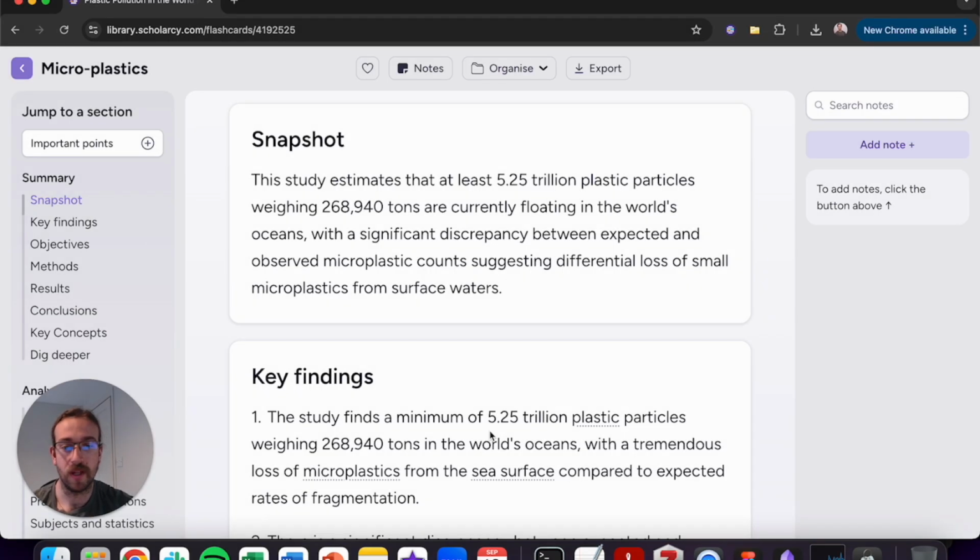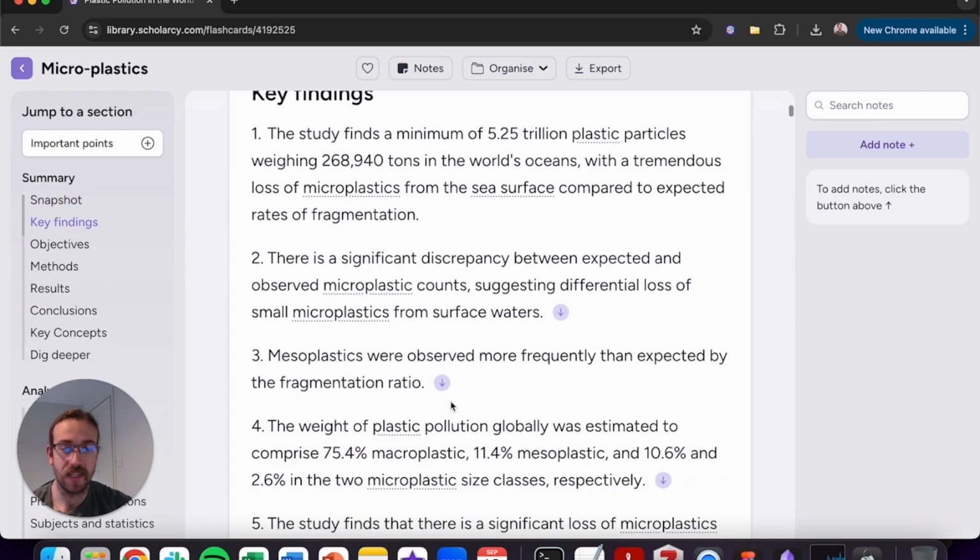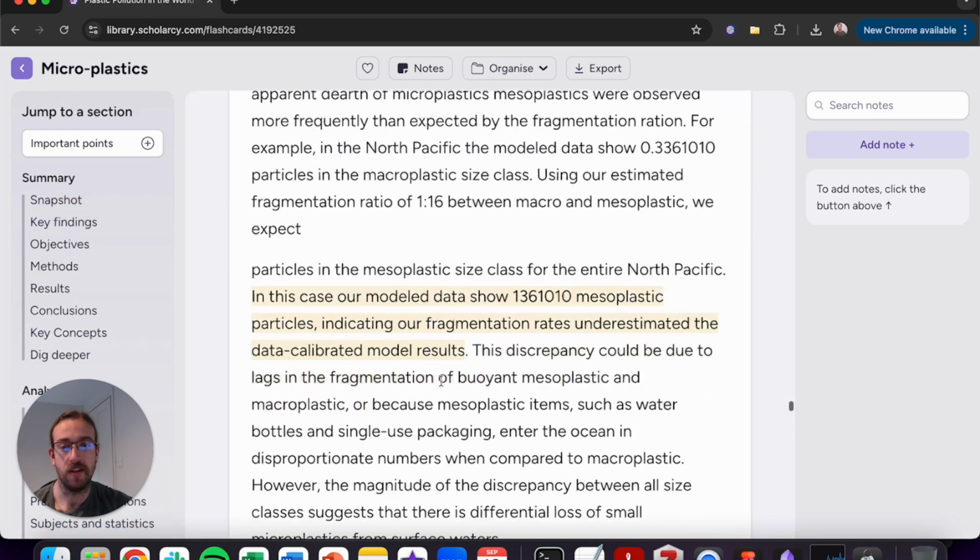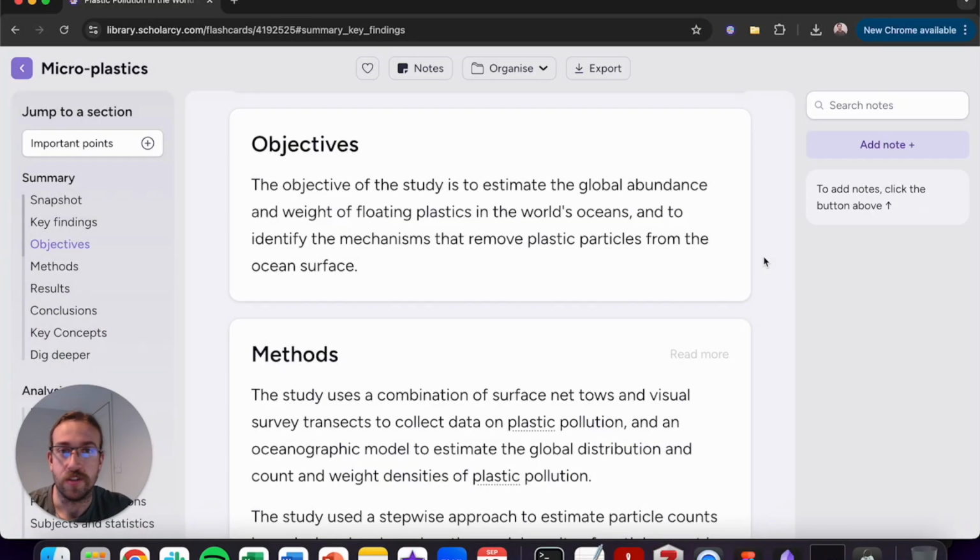And if you want to go one step further with the key findings, click on the down arrow and it will navigate you to the full text where you can get more nuanced information and expand on the key finding you were just reading. The next 4 sections of the structured summary that we're going to walk through are the